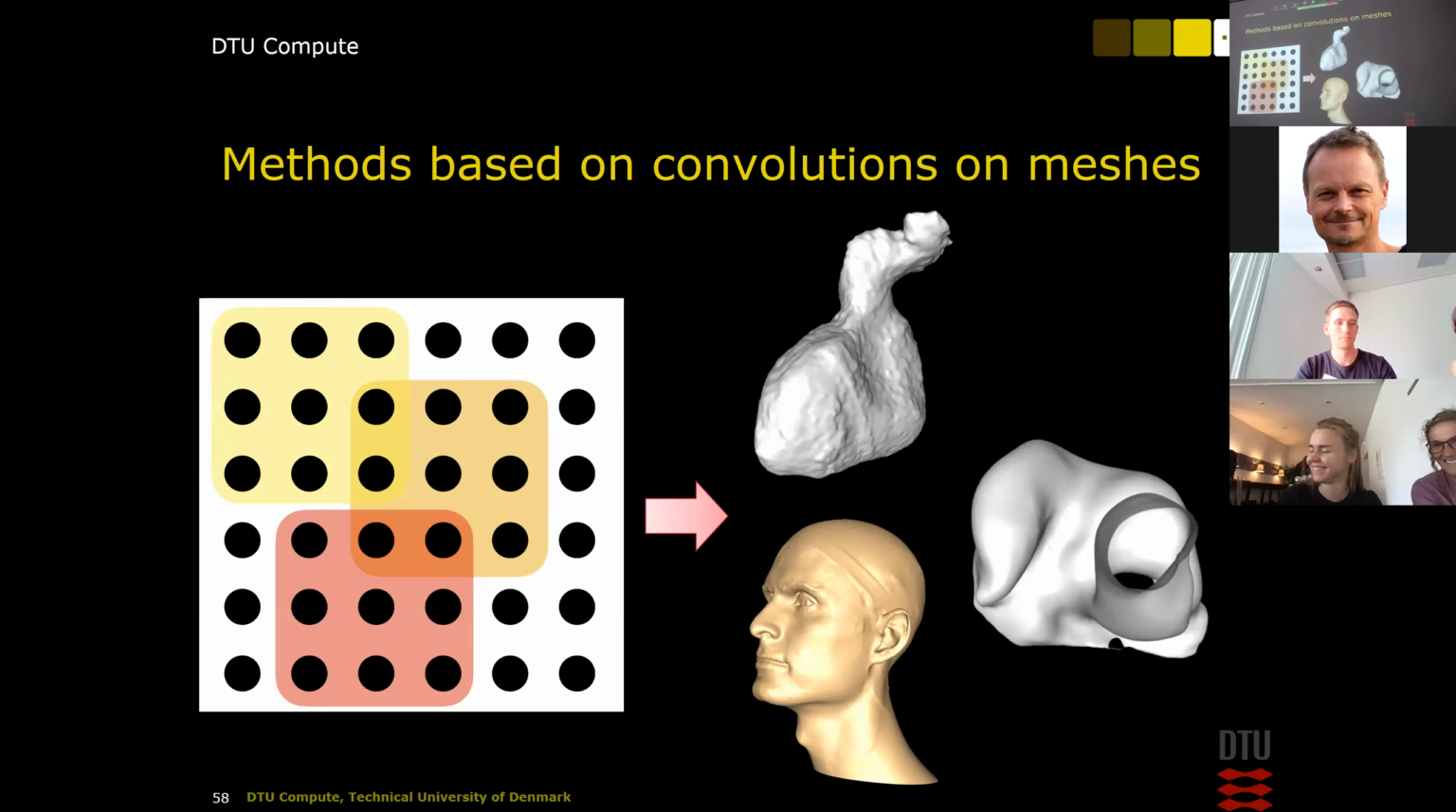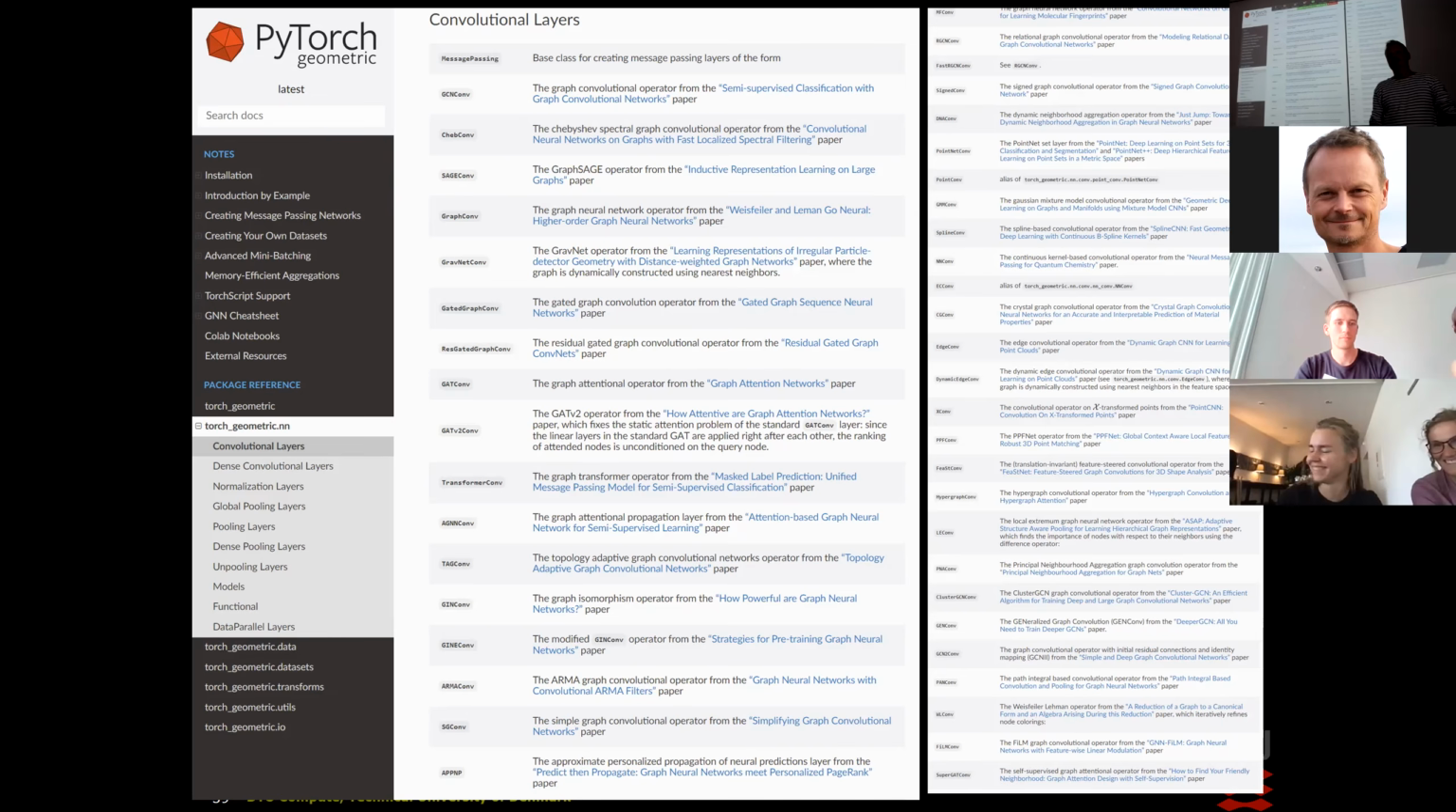There are also other ways, and I've just been to this library called PyTorch Geometric, which is one of the libraries where you can actually do deep learning on meshes. So just taking a screen dump of the current number of convolution operators they have for meshes. So as it can be seen,